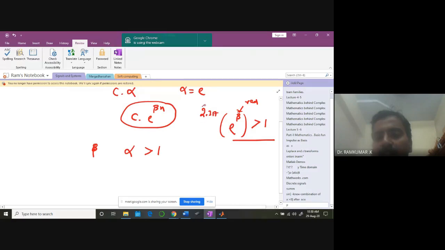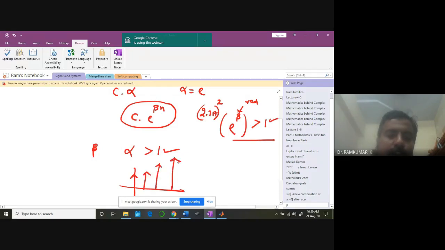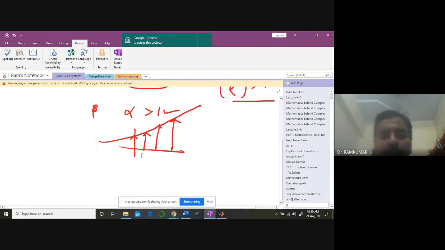The e value is this, raised to some real number, like 2. So if this value is greater than 1, that's the meaning of that. Then naturally what happens? This series is going to explode. I'm going to have the first value like this, second value like this, third value like this. Exponentially, it's going to increase. That's the waveform we are talking about here for the discrete waveforms. These are all the samples I'll give you.